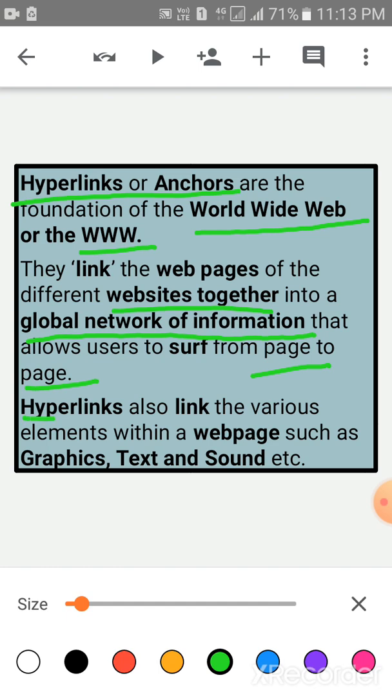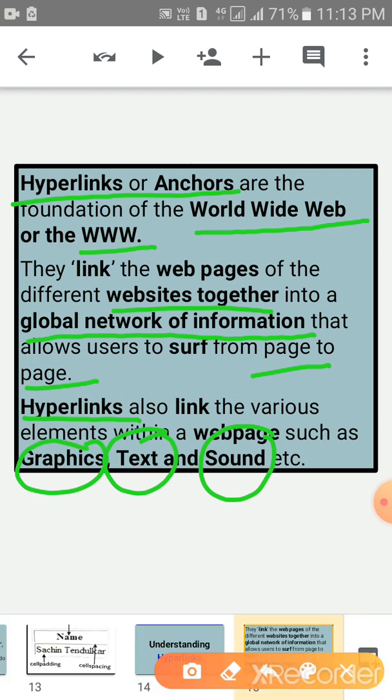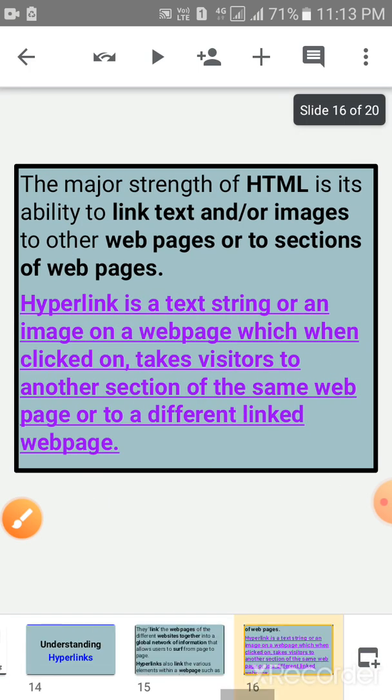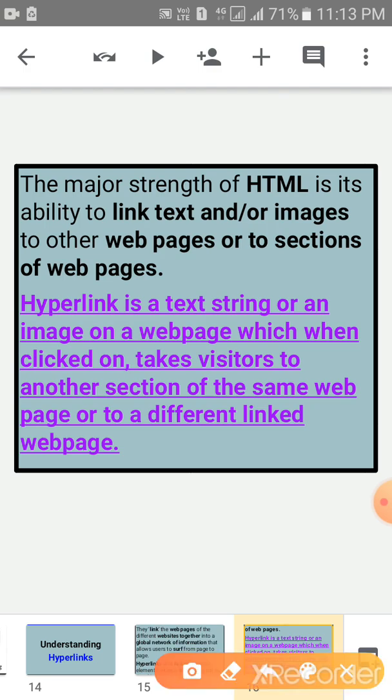Hyperlinks also link the various elements within web pages such as graphics, text and sound. Okay children, this is the hyperlink. You all are aware of the hyperlink.